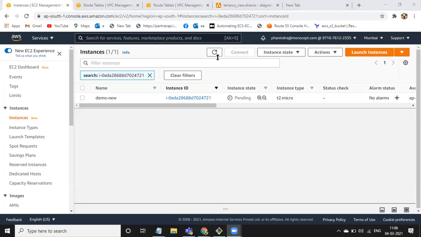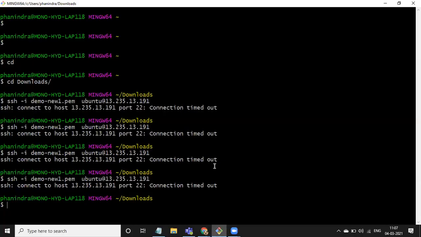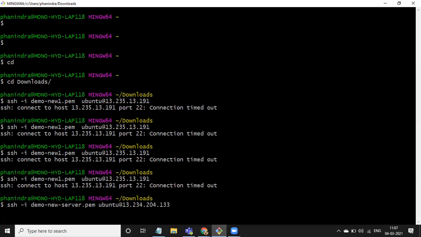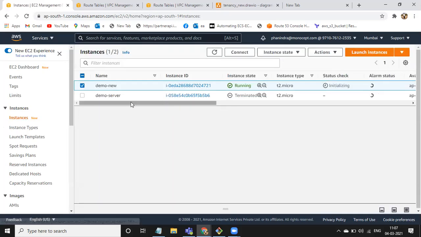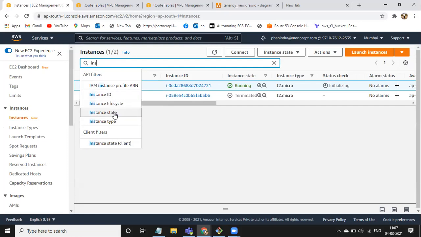Okay, I created one new server. Okay, it's in running state. Let me try to log in. ssh -i demo new server, internet IP address.